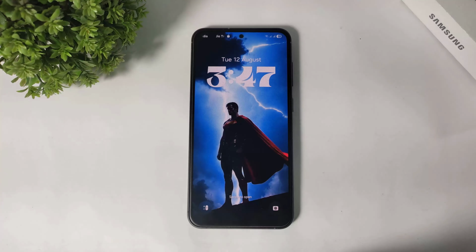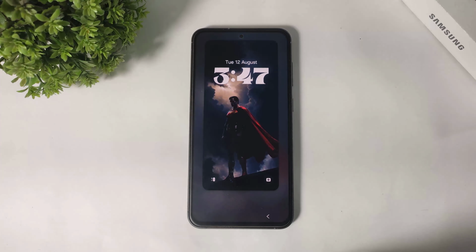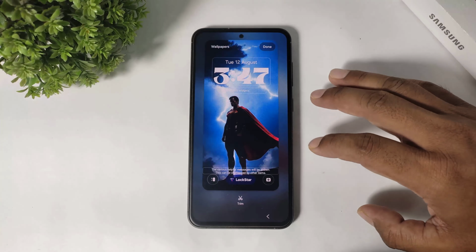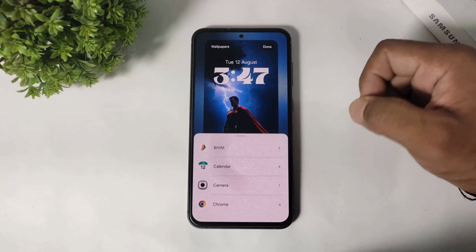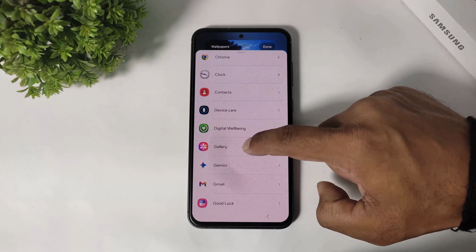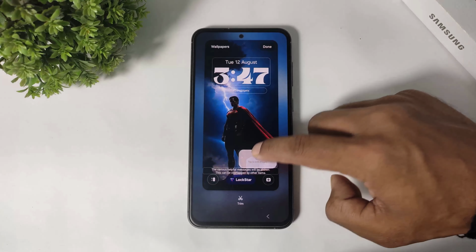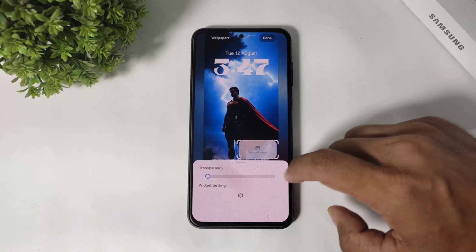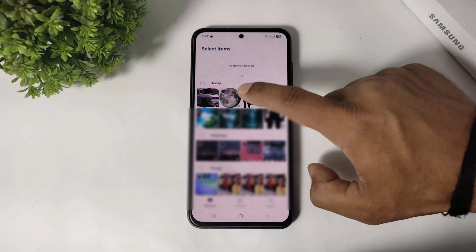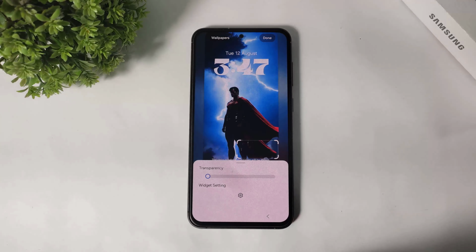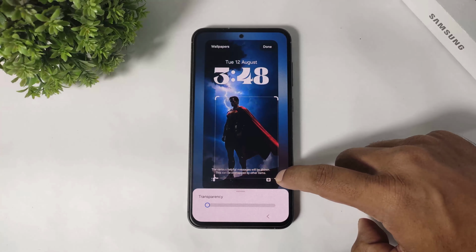Now tap and hold. Add gallery widget from Lockstar. Simply go to gallery and add widget. Now choose this object from gallery. Now guys, place this object same like